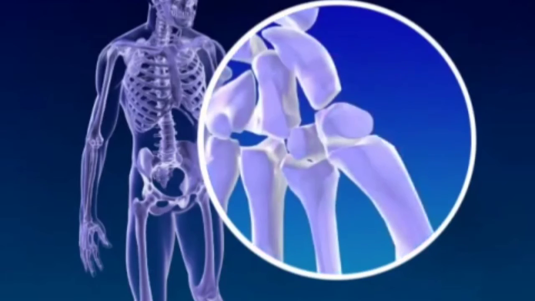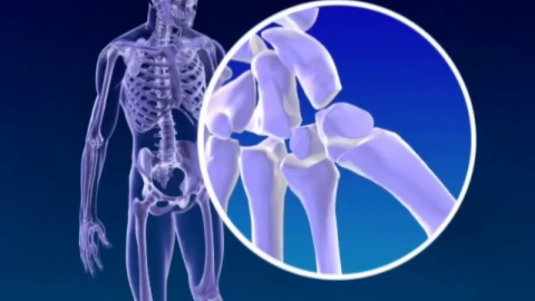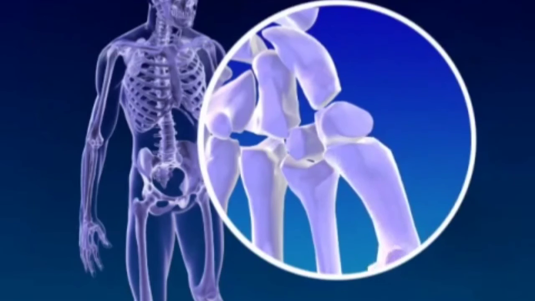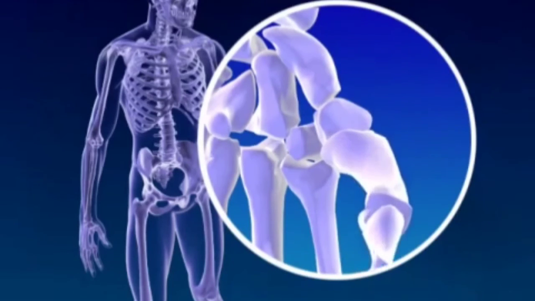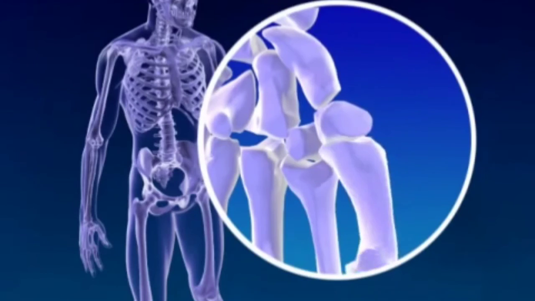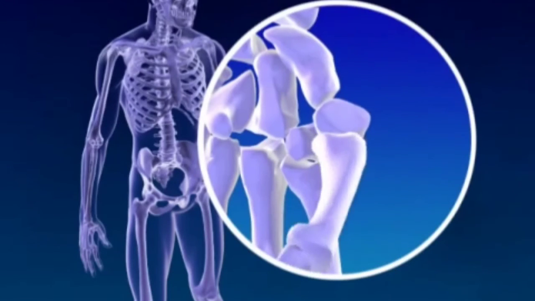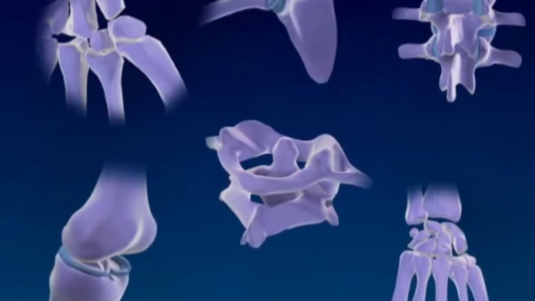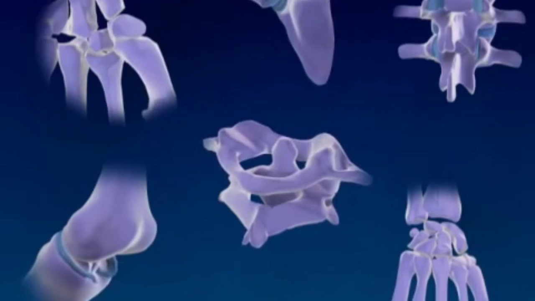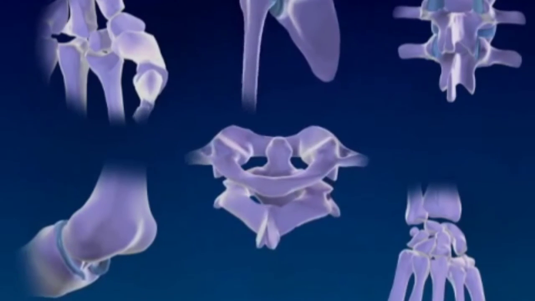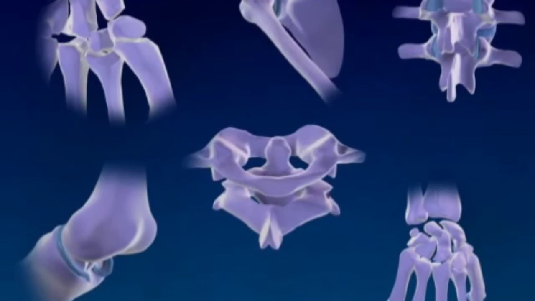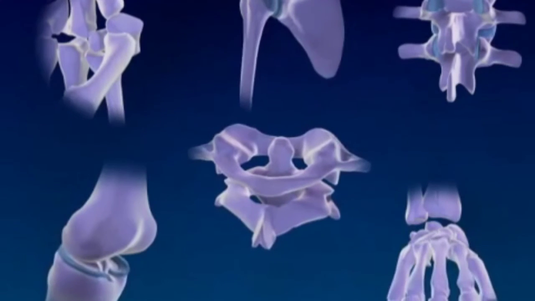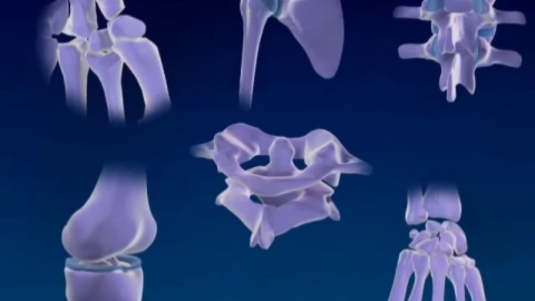Saddle joint. Saddle joint is present in the thumb of the hand. It allows only one-way movement. It is also called an imperfect ball and socket joint. So these are the 5 types of joints which are present in our body and allow movement. Between every joint there is cartilage present which absorbs shock and reduces friction.